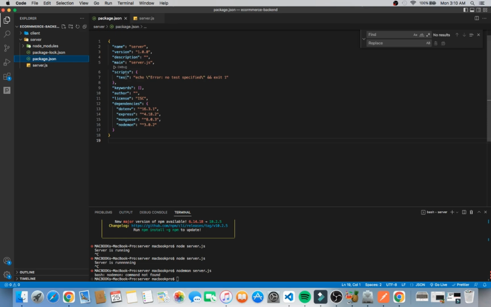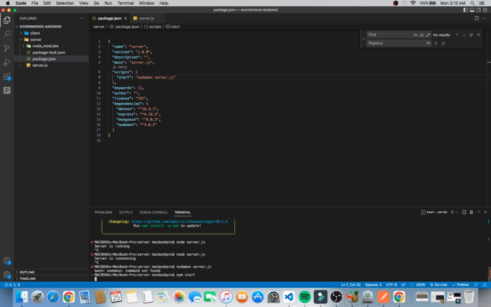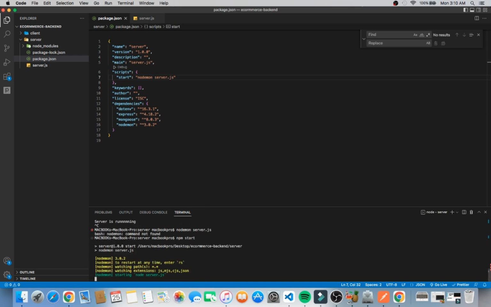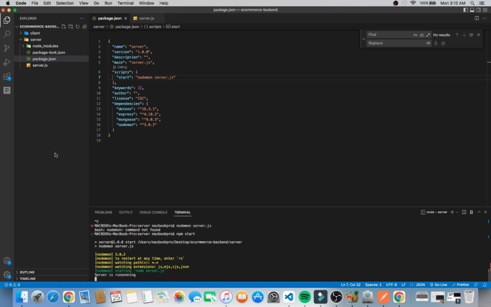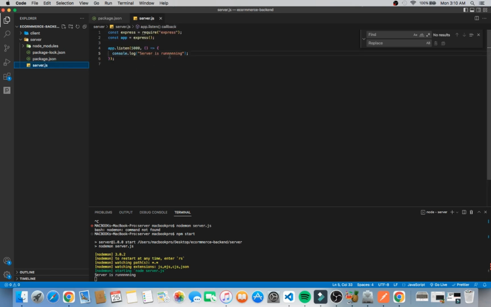So what we'll do is add our script. We can come here and change this to start, and then change this to nodemon, and then our main file, which is server.js. Then we're going to run this npm start script, right? So npm start, then we should have our server running. The server is running, right? Now that we have this